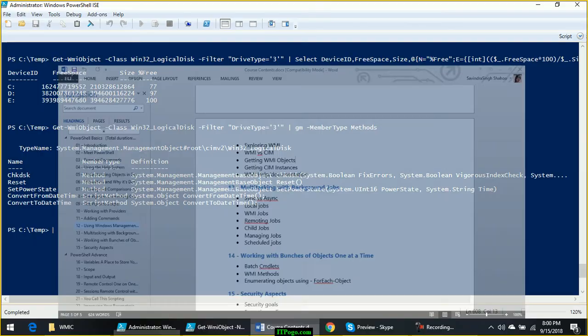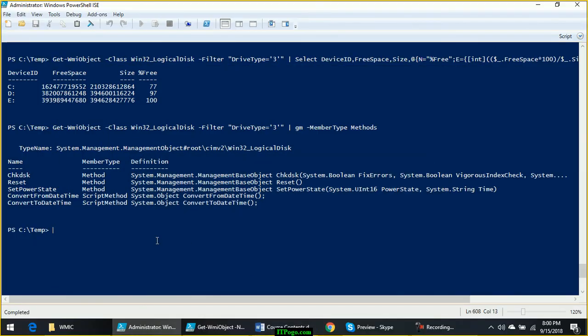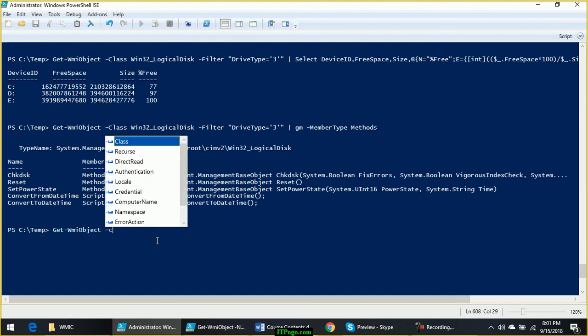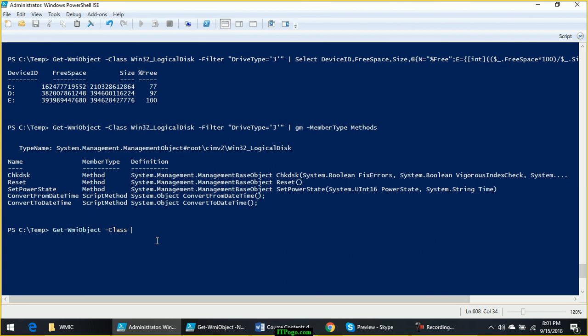Okay, let's talk about the difference between WMI and CIM. Now this is a bit of theory. WMI works on RPC protocol. Now when I run a command like Get-WmiObject -Class Win32_BIOS and I give a computer name called XYZ which does not exist, now see what error you get.